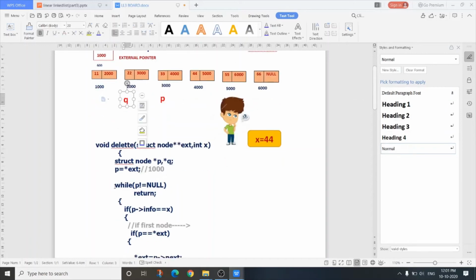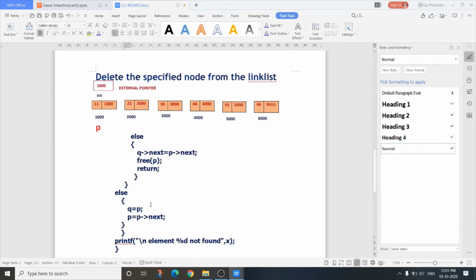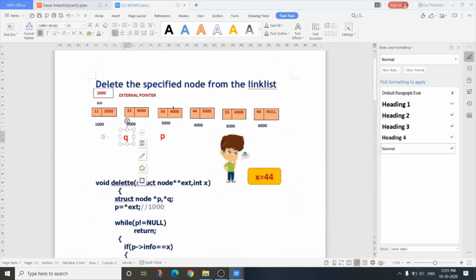Is P null? No. P is 3000. Is P arrow info X? No, it is 33, not 44. Then again go to the else part. Q equals to P, P equals to P arrow next. Okay, so this is P and this is Q.